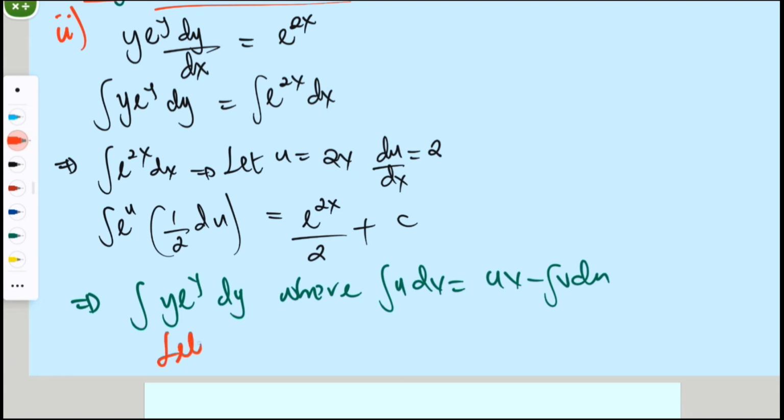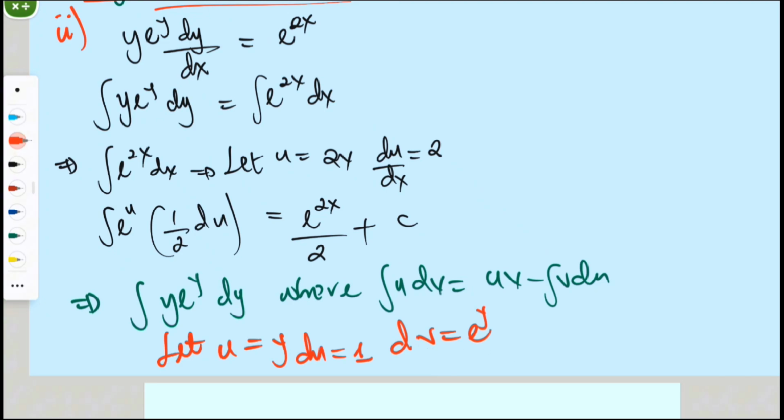So I'm going to let u be, in this case, y, and dv, pardon me, be e to the power y. Okay. Lastly, if I differentiate this, du would be equal to 1,